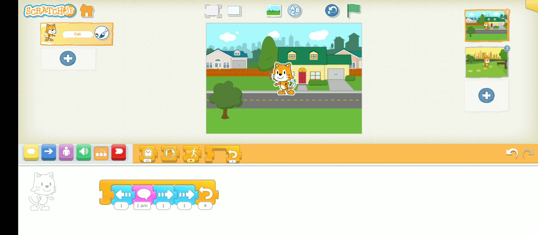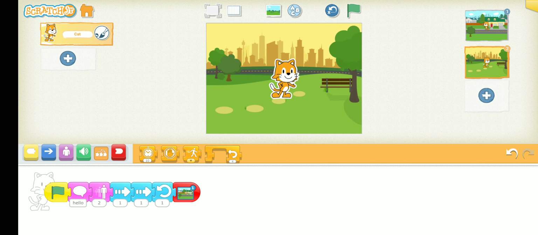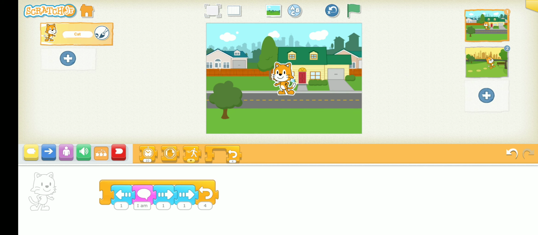Let us see how it happens. I am coming again to my second page where my start button is. Now let's see. I am clicking on my start button. It is telling hello everyone, growing. My first page came where I have to start. It is telling I am playing, and it is repeating that set of blocks for 4 times.